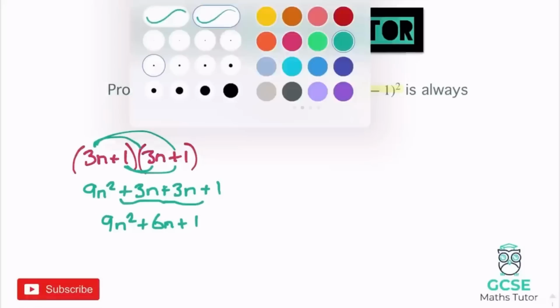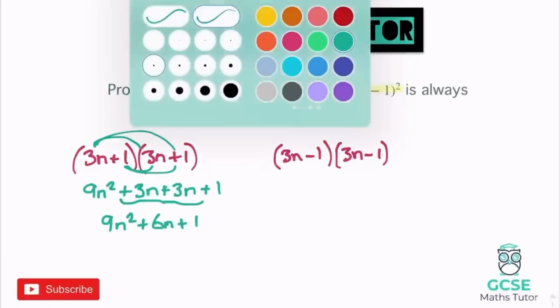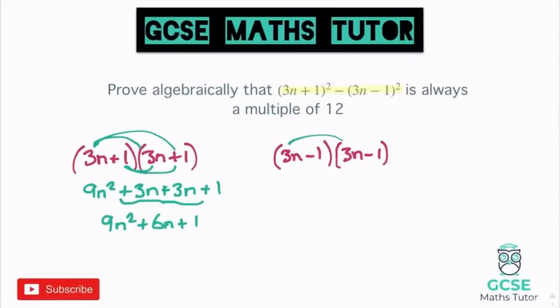Now we can do the same for the other bracket. So if we get that one now, we've got (3n - 1) squared. So that's 3n minus 1 multiplied by another 3n minus 1. And again, if we expand this, let's see what we get. So 3n times 3n gives us 9n squared again. 3n times negative 1 is negative 3n. Minus 1 times 3n is another negative 3n. And then negative 1 times negative 1 gives us plus 1. And again, if we tidy this up, let's see what we get when we add these two terms together in the middle. We get 9n squared minus 6n